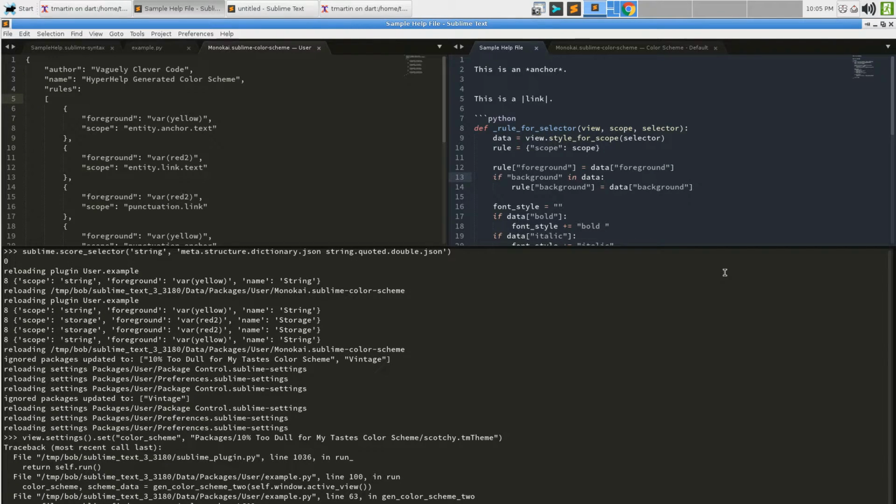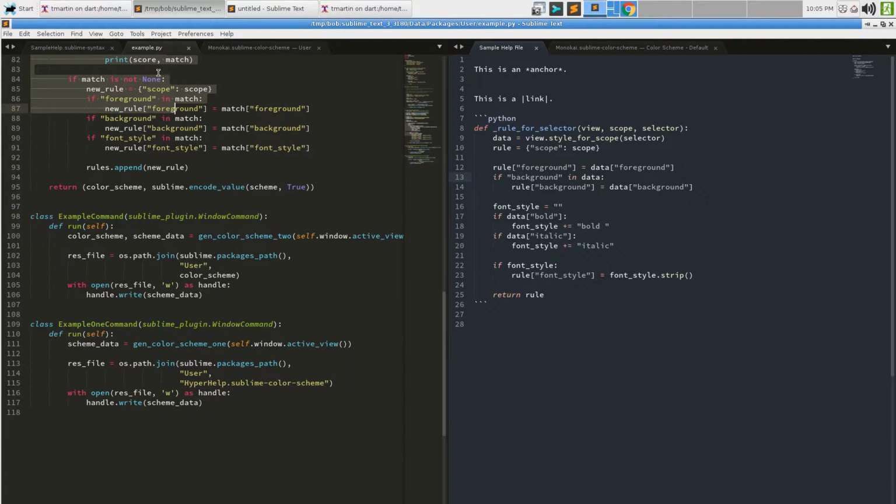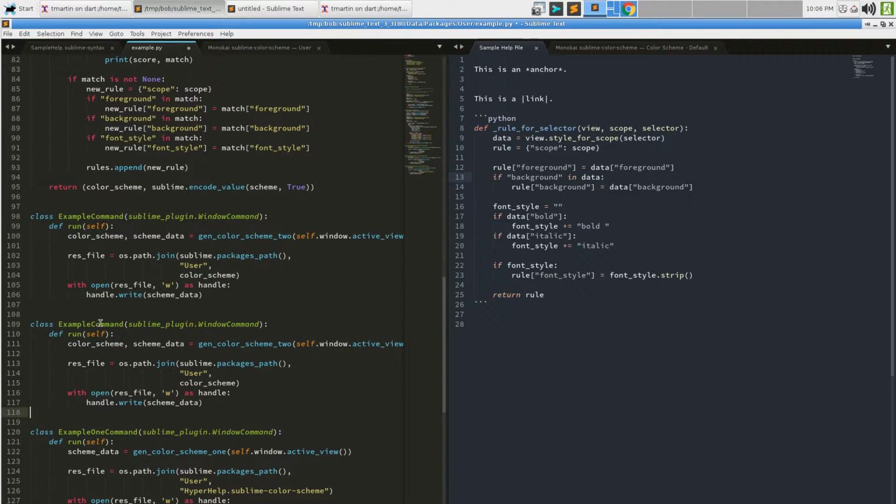Boom! And we have an issue right off the bat. And I know why that's the case. And there's actually going to be more of them as we go on. And for the purposes of that, we're going to go ahead and do this. We're going to copy that, and we're going to rename it example 2. And bring this one back to just be example.